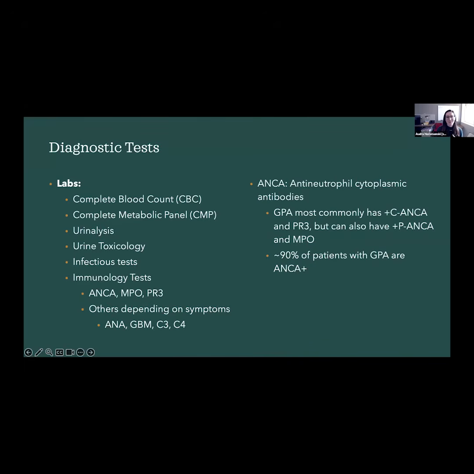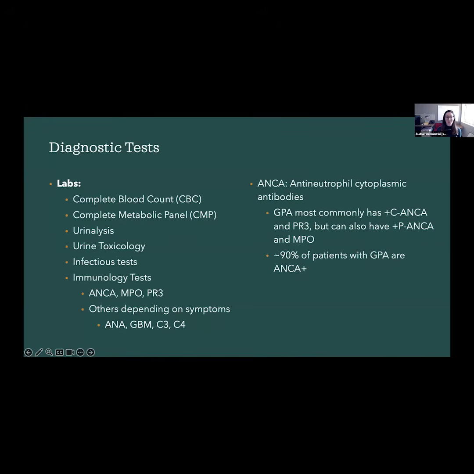And so I always try to reassure patients that all patients who come to me for this diagnosis end up with a urine drug screen, and that's not a moral judgment on any patient, but it's really important that we rule in or rule out those as a potential cause. We also want to do various different infectious tests because different infections can mimic ANCA vasculitis. It's also important to have a number of different tests be negative before we treat ANCA vasculitis. Those are things like a TB test, sometimes called a quantiferon, and then hepatitis B and C and HIV tests, which all need to be negative before we pursue most of the treatments for this disease.